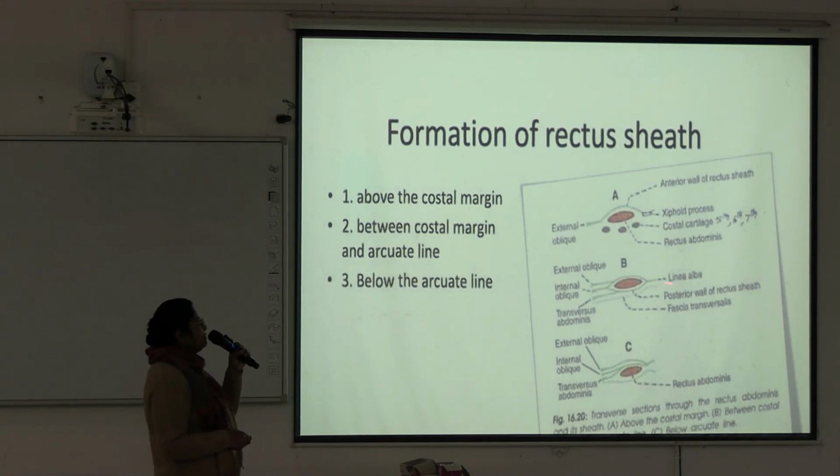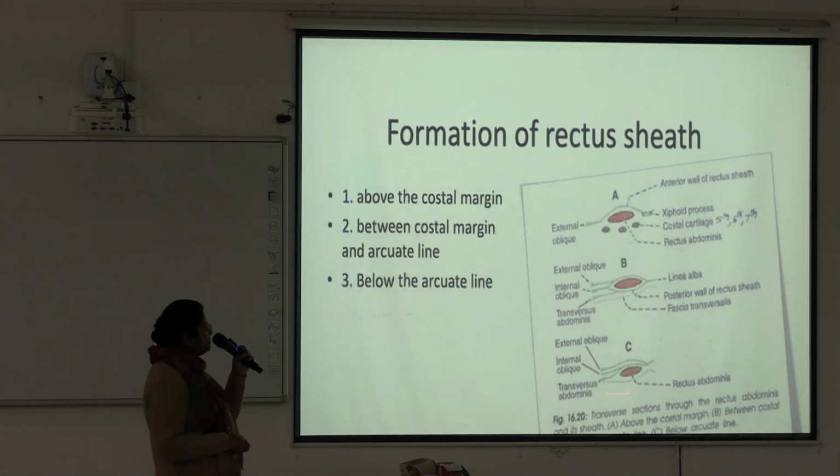These two together form the anterior wall, and the posterior wall is formed by the posterior lamina of the internal oblique aponeurosis and the transversus abdominis aponeurosis. So in some parts muscle is present, and in some parts only aponeurosis is present, and deep to it lies the fascia transversalis. Okay, this is between the costal margin and arcuate line, and below this level, below the arcuate line